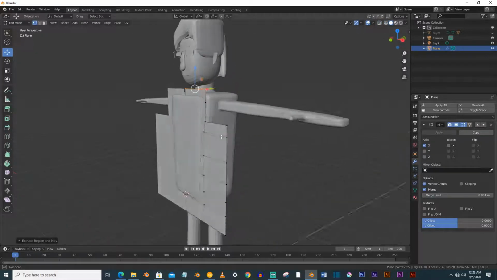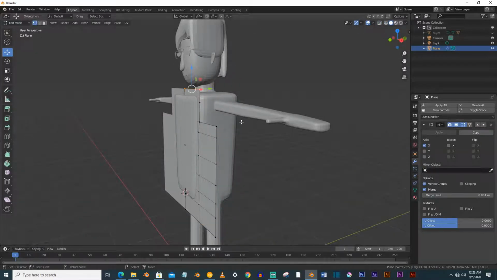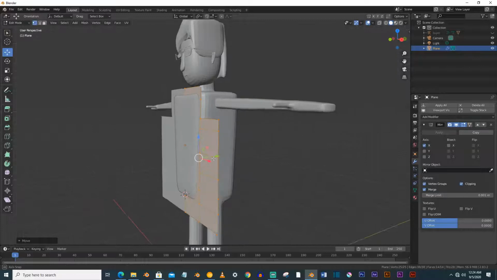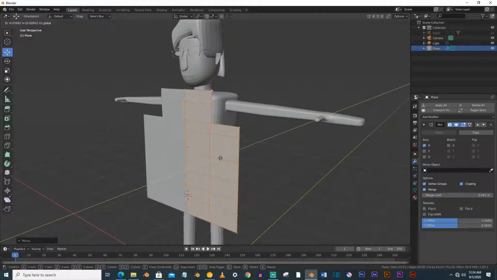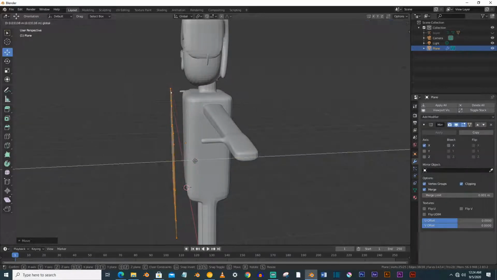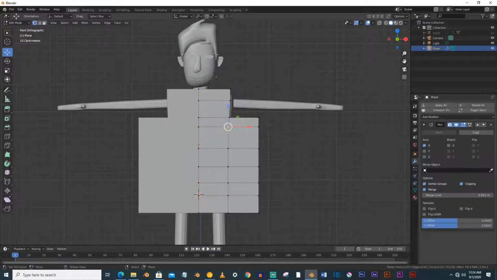So this will be our, and one thing also remember to just check the clipping option here, so it will join the vertices, and just move it a little bit forward like this, and now you have to just subdivide it a little bit more, Control R and just add some loop here, loop cut